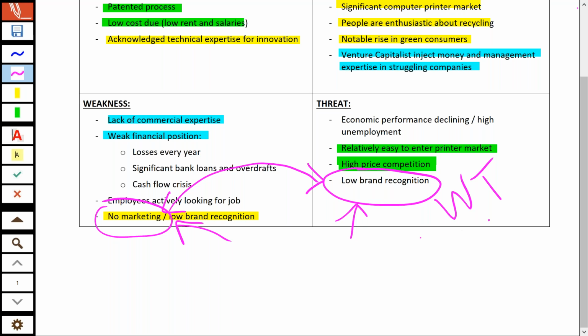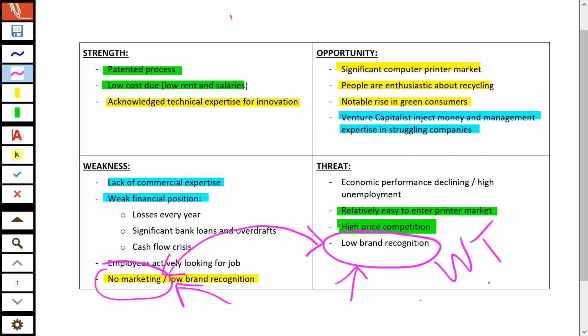Very good. So here we did a TOWS matrix using SWOT. Now in one of the other questions,